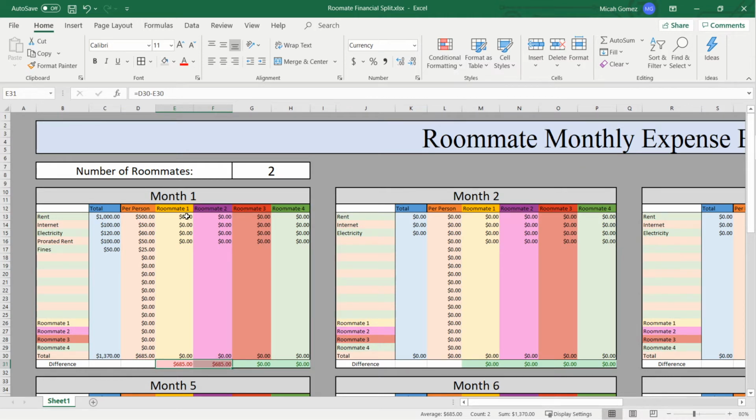You can see if we go ahead and type in here, let's say roommate 1 is the one that pays rent, so they did the 1,000 out of their own account, and then for the prorated rent they did the full 100. And let's say roommate 2 then handles the utilities, so they paid for internet, that's 100, and then they did 120 for electricity, and let's just say that they also took care of the $50 fine. So you can see down here,